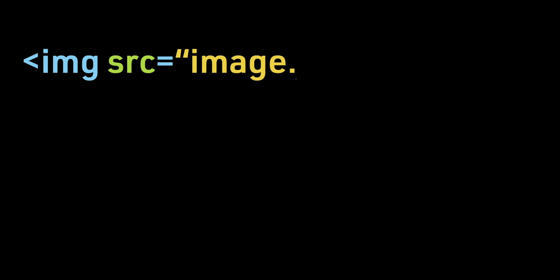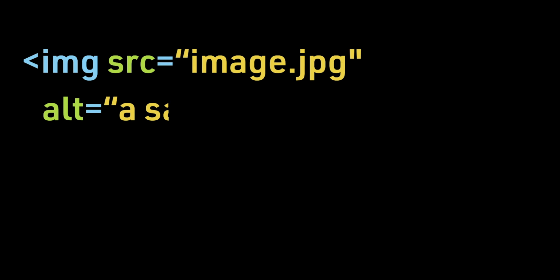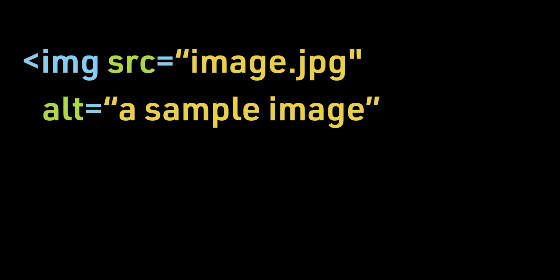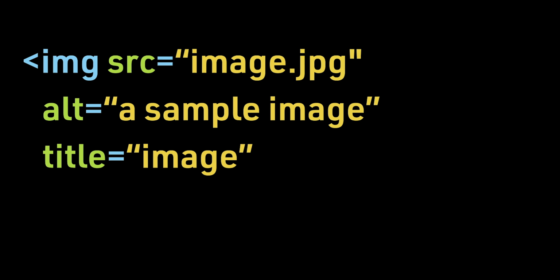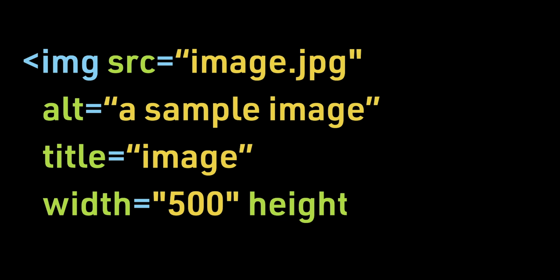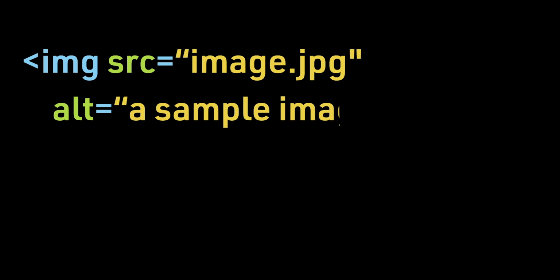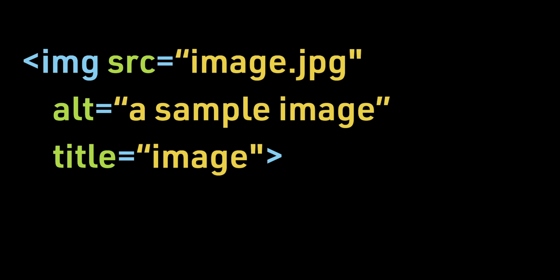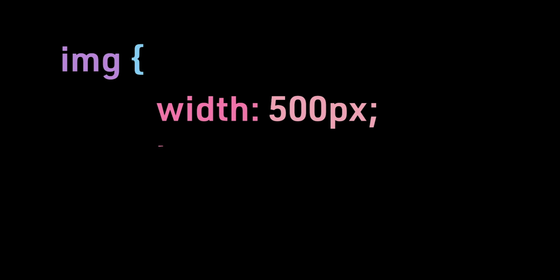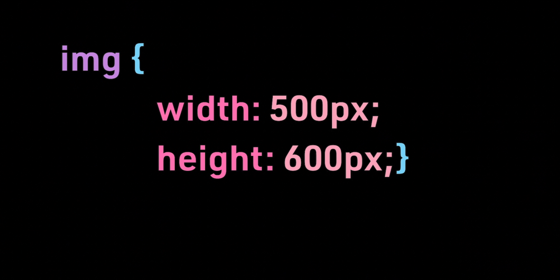understand why. Old method: img src="image.jpg" alt="a sample image" title="image" width="500" height="600". New method: HTML: img src="image.jpg" alt="a sample image" title="image". CSS: img { width: 500px; height: 600px; }